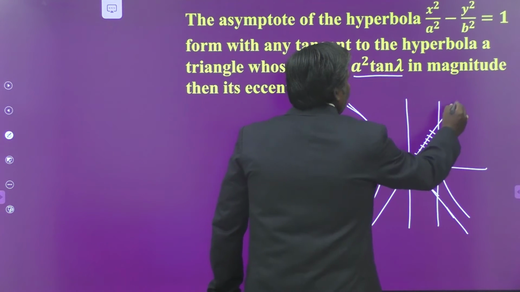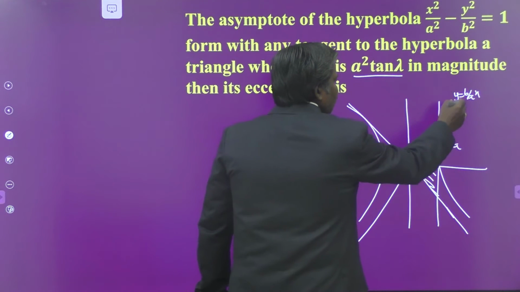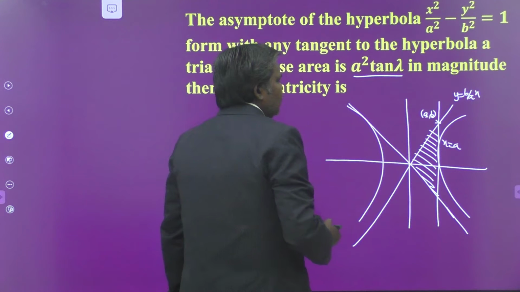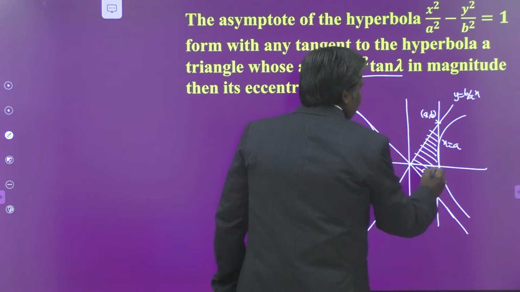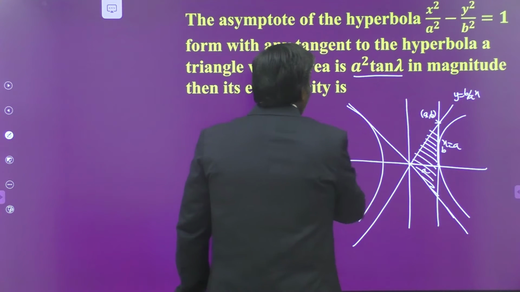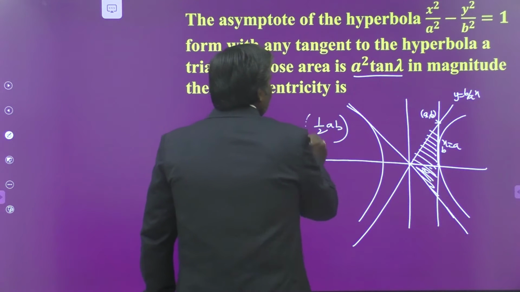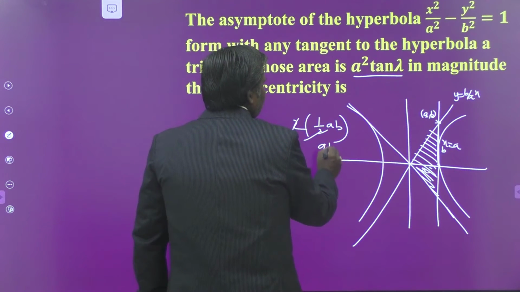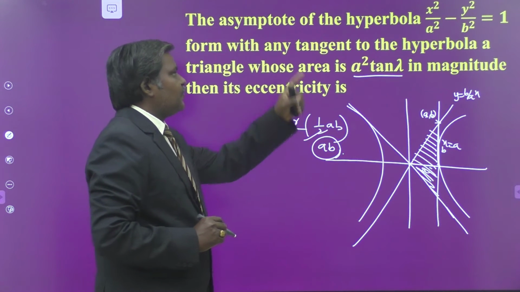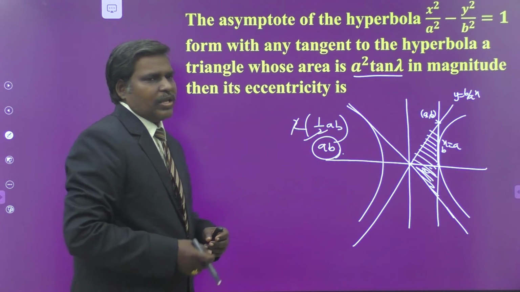Now what is its equation? x equal to a. What is the asymptote? y equal to (b by a) x. Substitute x equal to a here, y equal to b. So this is the point (a, b). Understand? So what is the distance from here to here? a. The distance from here to here is b. So what is the area of the triangle? Half ab. The curve is symmetric, therefore half ab into 2 times, this is ab. Therefore, the area of the triangle formed by the asymptotes of the hyperbola with any tangent is ab square units.